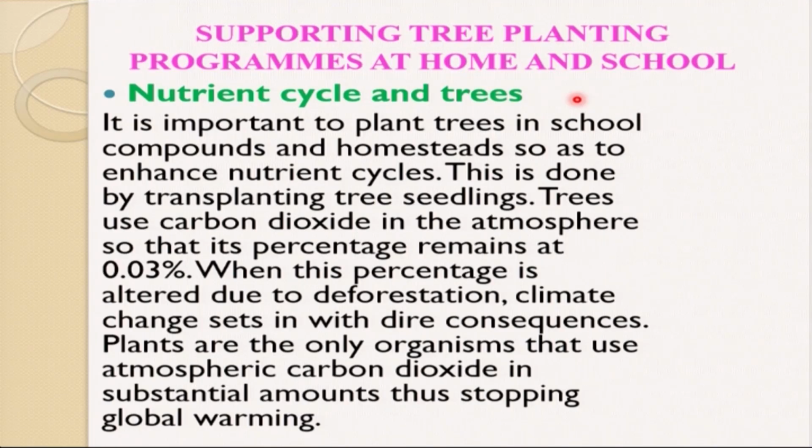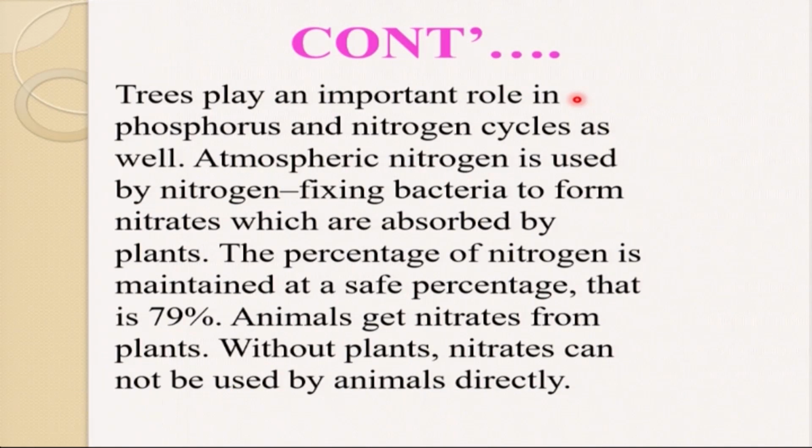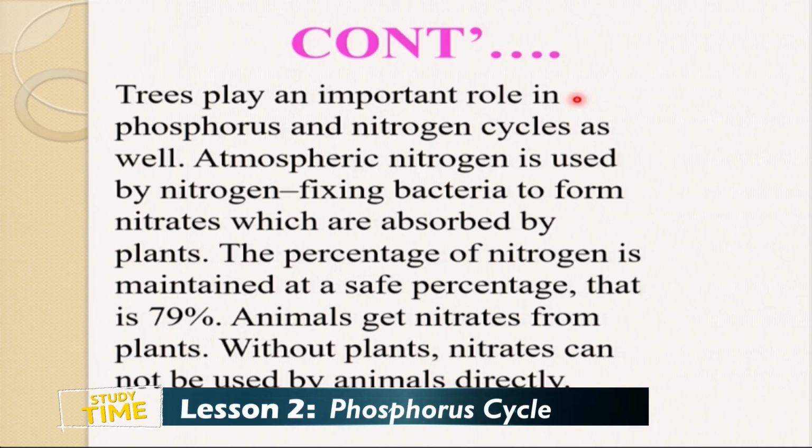Plants are the only organism that use atmospheric carbon dioxide in a substantial amount, thus stopping what we call global warming. So we have to plant the trees because if you plant the trees, we are enhancing what we call the nutrient cycle. So trees play an important role in the phosphorus cycle, in the nitrogen cycle, in the carbon cycle. So the trees are very important because we've seen that trees are very important in the carbon cycle, in the phosphorus cycle,